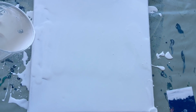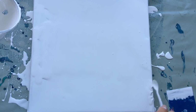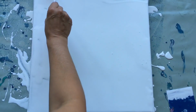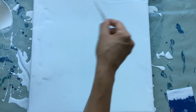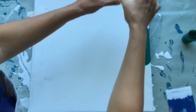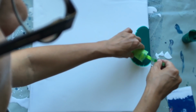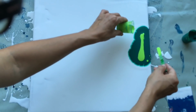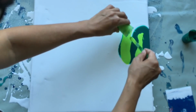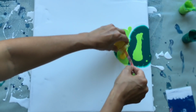And I know for some of you who are starting with acrylic pour, it's hard to imagine that you will ruin your pour, but it's actually not ruined. You will create something amazing. I'm gonna start with my green, and I'm gonna pour this green line here on the top. And then I continue with the other colors, so light green, yellow,